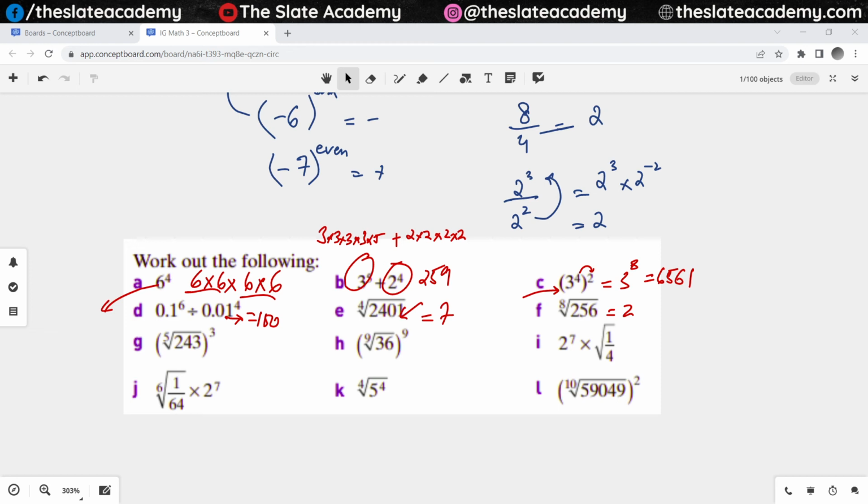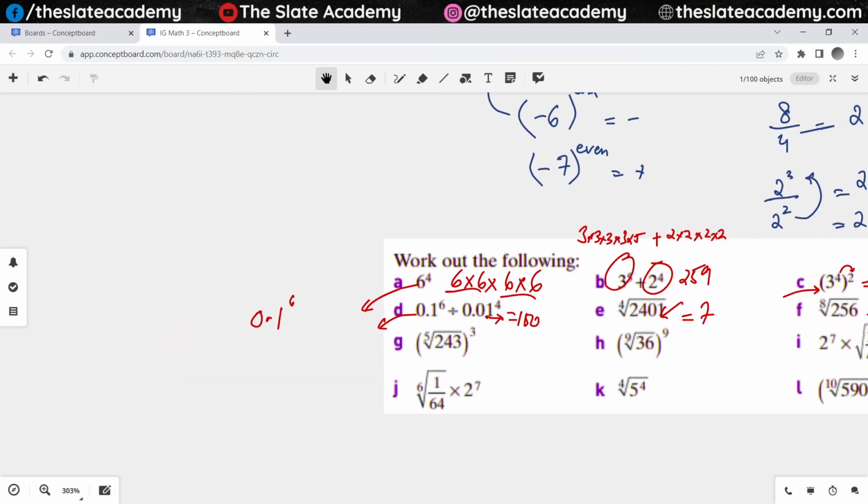So for example, for this one, I've got 0.1 to the power 6. No, there isn't. It just calculates and gives you the answer. Acha ji, so I can write this as 0.1 to the power 6 times 0.01 to the power 4. This is the same as saying 0.1 to the power 6 multiplied by